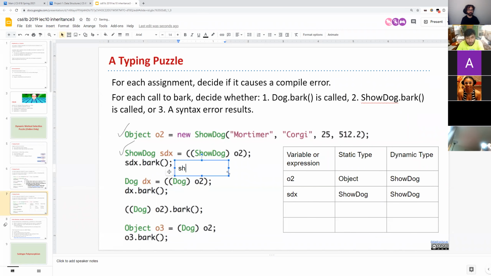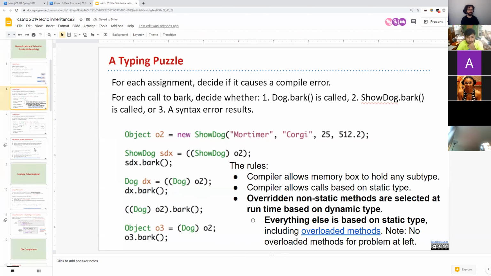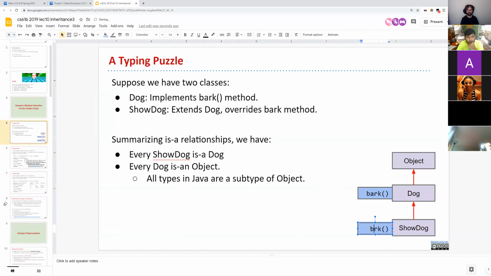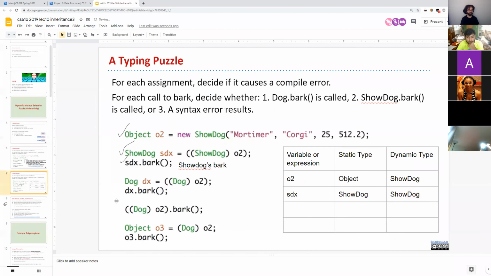It's going to be the show dog bark method because it's overriding the superclass's. If the show dog didn't actually declare this method, if it didn't override, it would call the dog method instead of the show dog method.